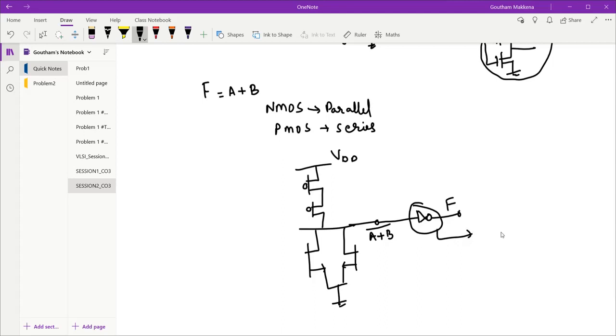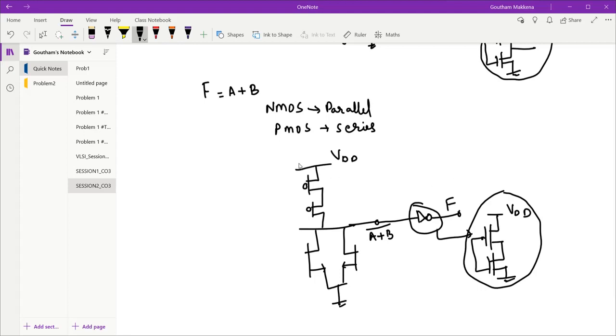This inverter is also nothing but a CMOS circuit, which again consists of VDD, a PMOS transistor, and an NMOS transistor. So that should give you a fair idea of how to implement any Boolean expression